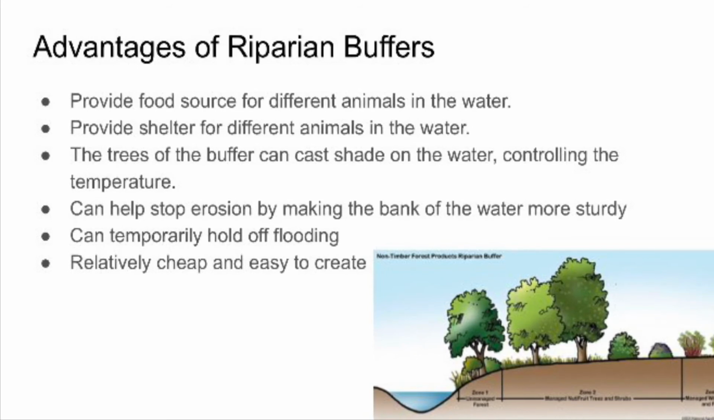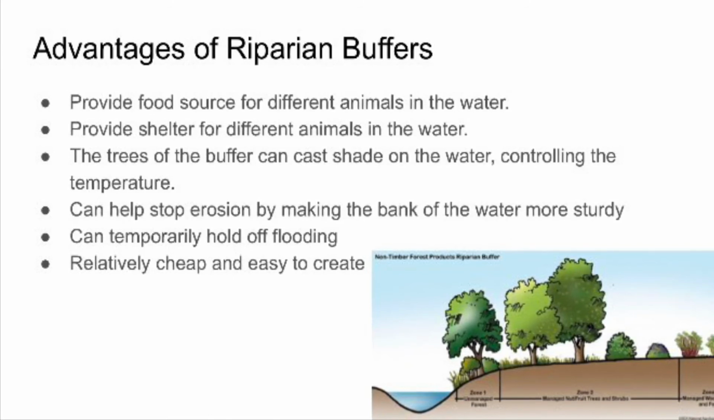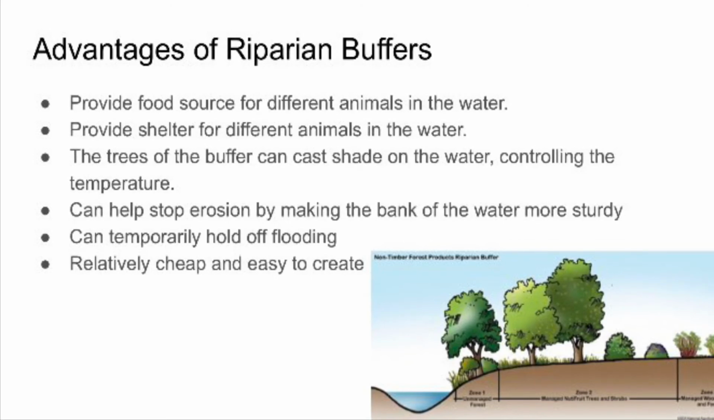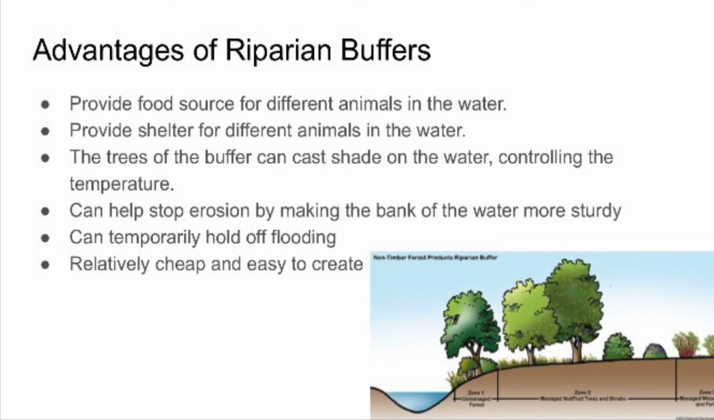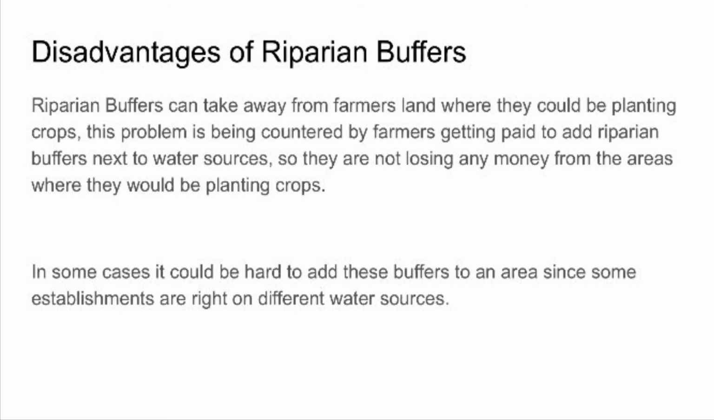water. These buffers can help stop erosion by making the bank of the water more sturdy. These buffers could temporarily hold off flooding if they had to, and they are relatively cheap and easy to install and create. So basically, they can definitely lead to a healthier ecosystem overall and help the areas around it as well. Some disadvantages of the riparian buffers is that they could take away from farmers' land where they could be